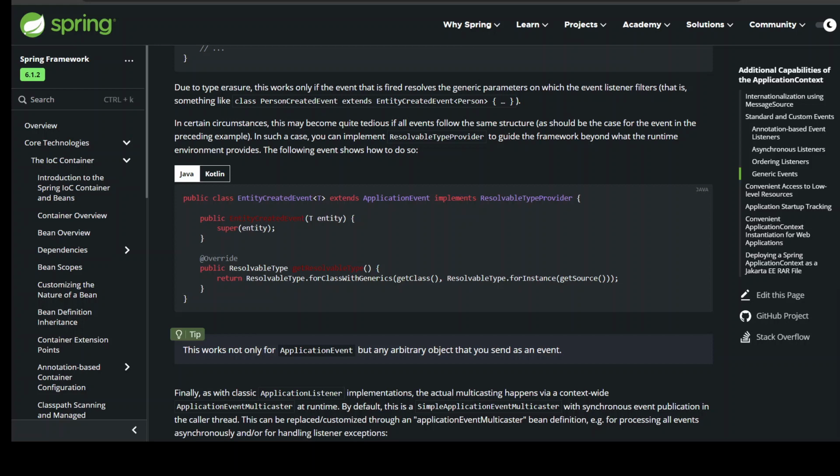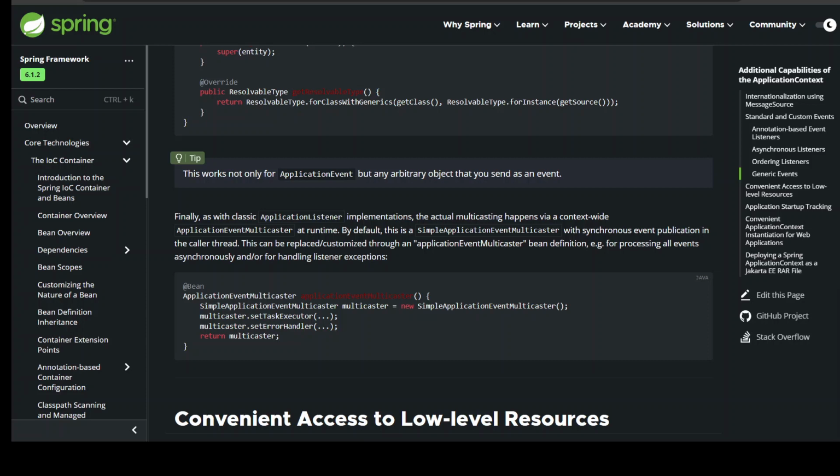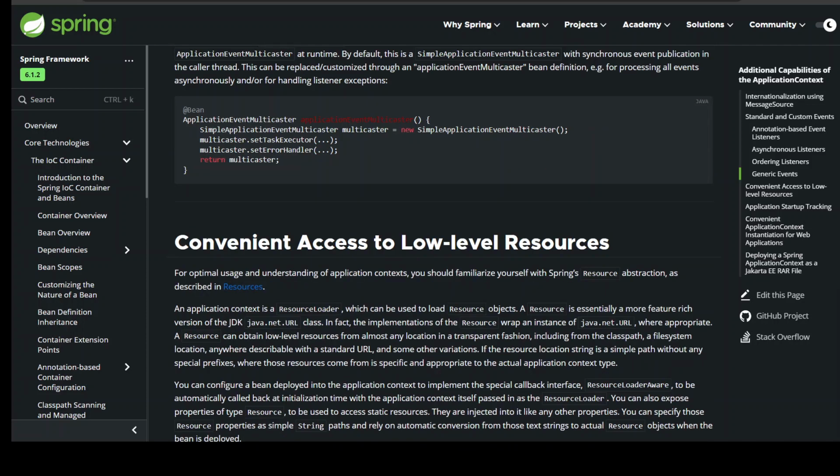event. Finally, as with classic ApplicationListener implementations, the actual multicasting happens via a context-wide ApplicationEventMulticaster at runtime. By default, this is a SimpleApplicationEventMulticaster with synchronous event publication in the caller thread. This can be replaced/customized through an ApplicationEventMulticaster bean definition, for example for processing all events asynchronously and/or for handling listener exceptions. @Bean ApplicationEventMulticaster simpleApplicationEventMulticaster() { SimpleApplicationEventMulticaster multicaster = new SimpleApplicationEventMulticaster(); multicaster.setTaskExecutor(...); multicaster.setErrorHandler(...); return multicaster; }